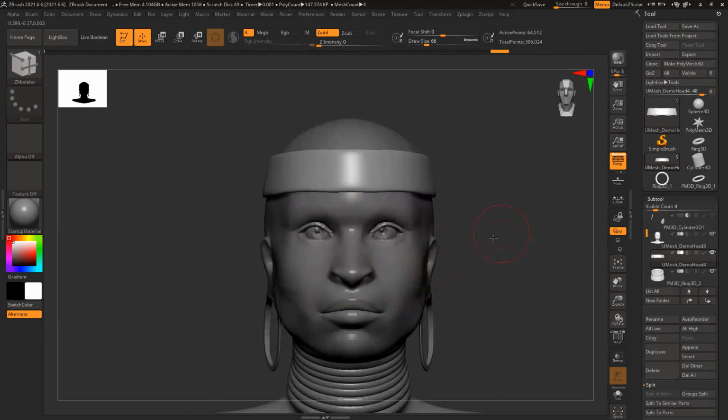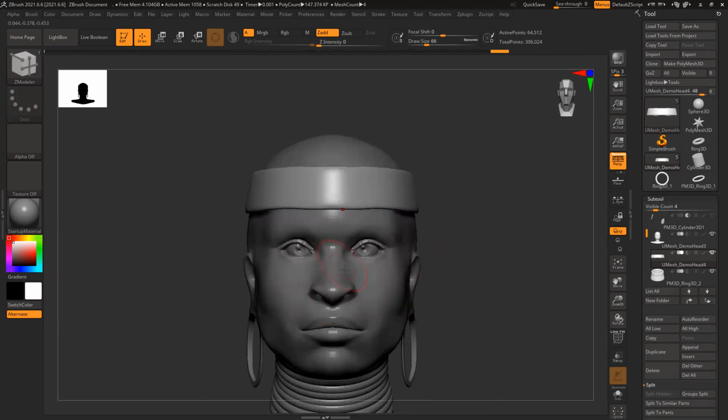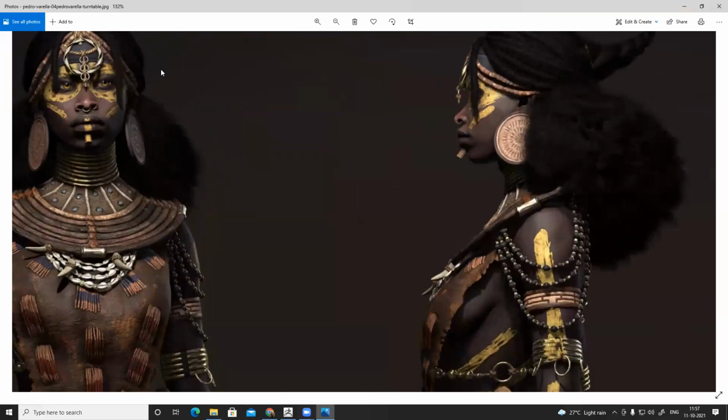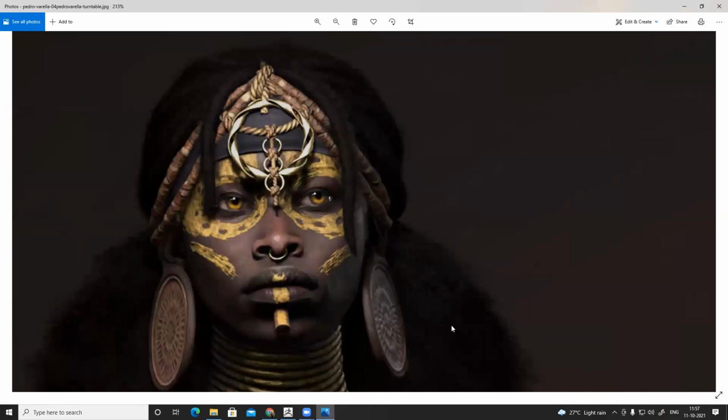Now, let's create a basic version of this thing here. In this particular reference, we have this afro hair plus these dreadlocks. Two sets of this thing. That means I have to create two sets of hair, one for the dreadlocks, one for this. And these dreadlocks are basically cylinders. It's just simply cylinders, nothing else.